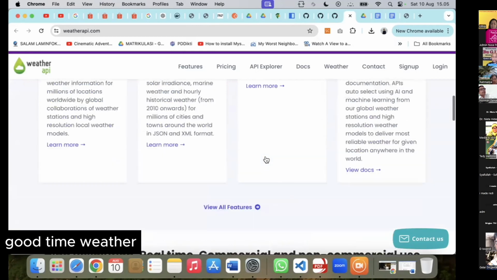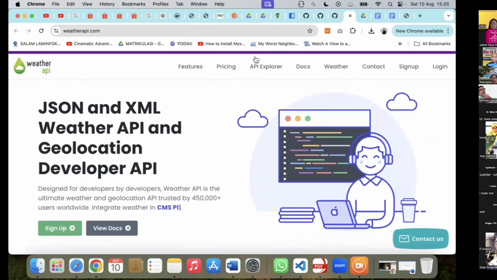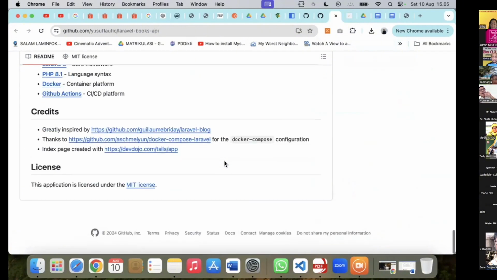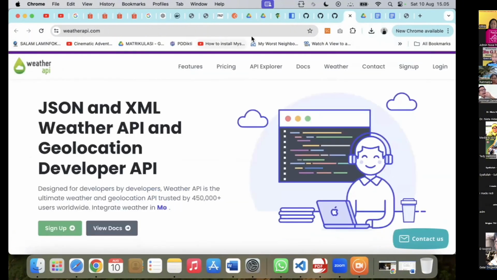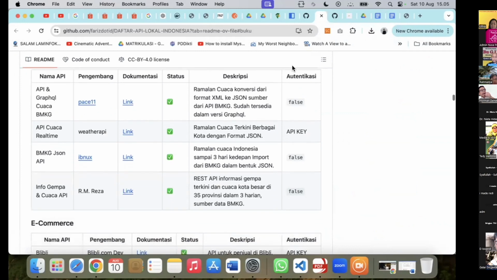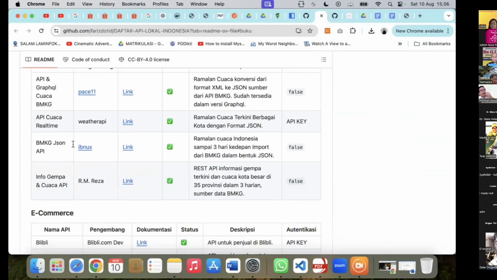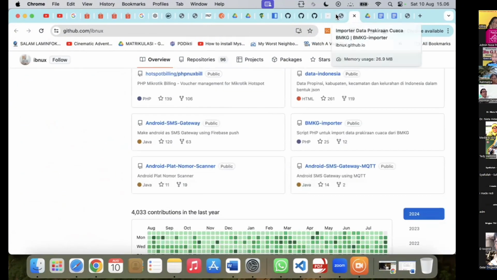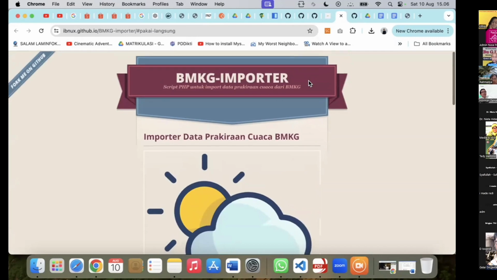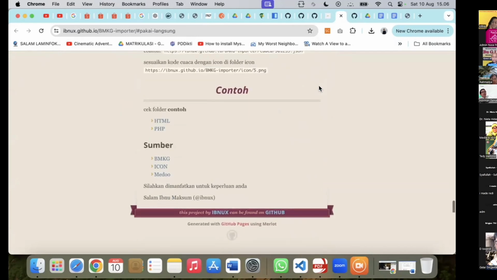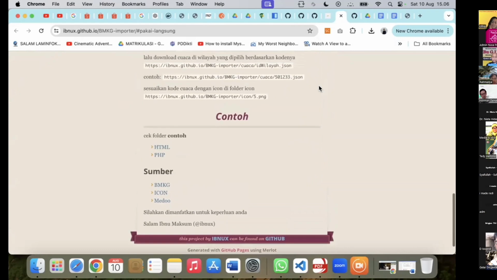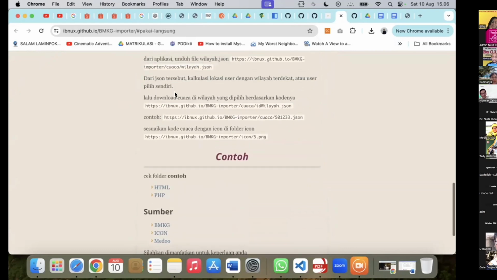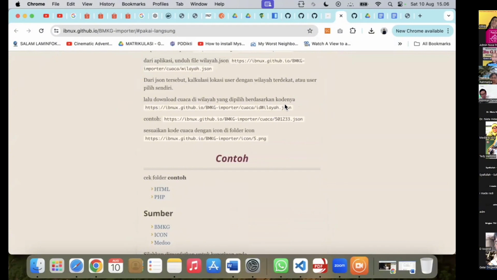Real time weather, for example, here, we check BMKG with JSON. This example.